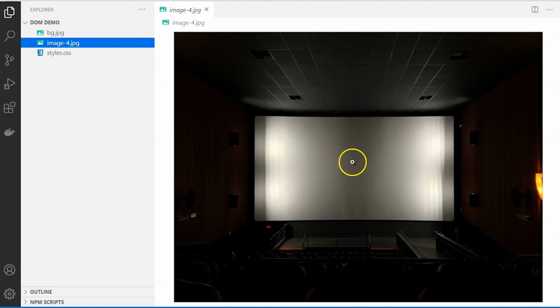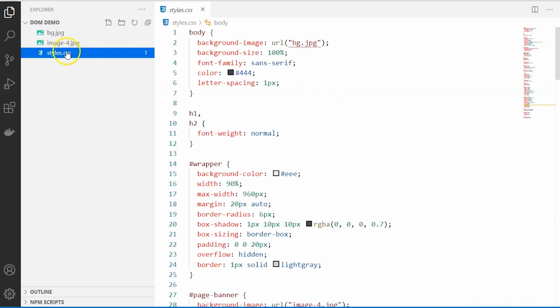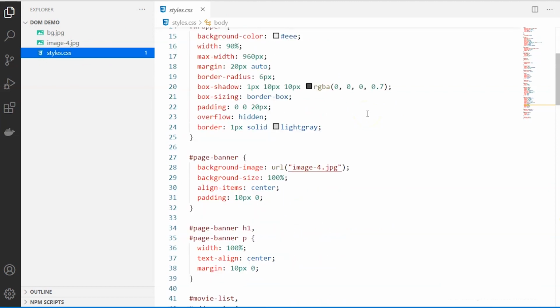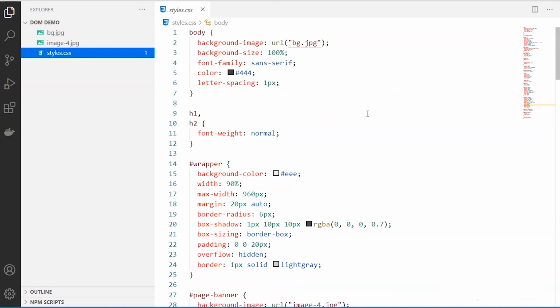I will not be using the entire image. I will be cropping it and using it. And I'm using these images for other style features also, including those buttons and the rows. All of these I have done using CSS, cascading style sheets. This is the style that I will be including. I will not be explaining each and everything, as I presume you all have some basic knowledge of CSS and HTML.